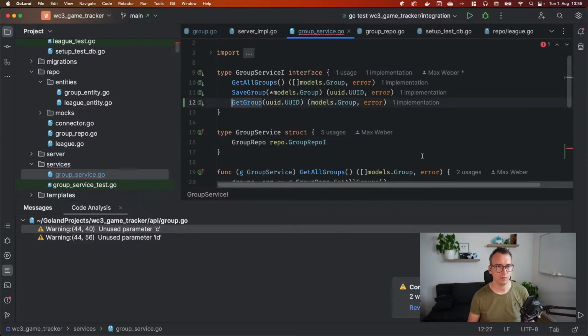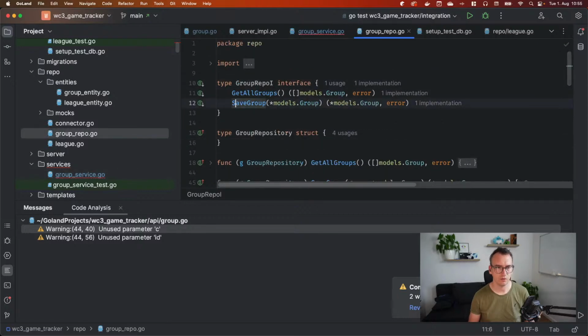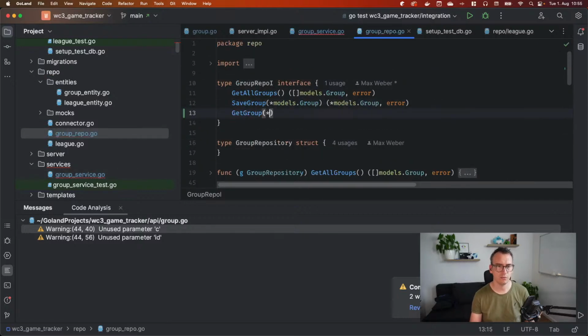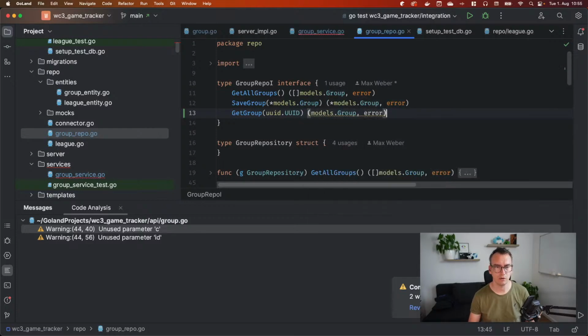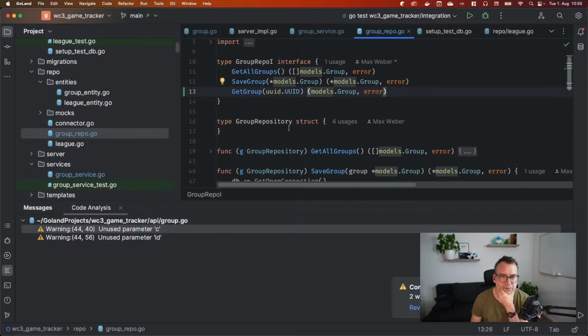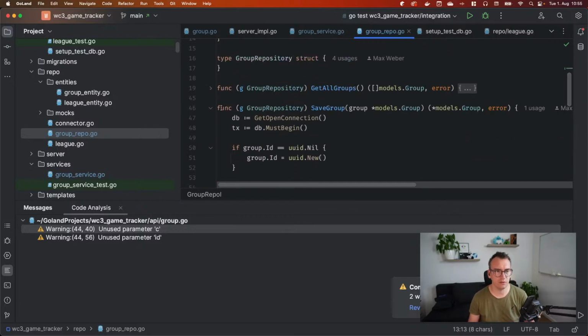Here we have to get the group. We have that. This is the service. We have it here. Get group. We pass in a UUID. And we pass back a models.group or error. Could be that I forgot now everywhere this asterisk because we need to pass it as a pointer, but we will find out. So last but not least, we have this query,